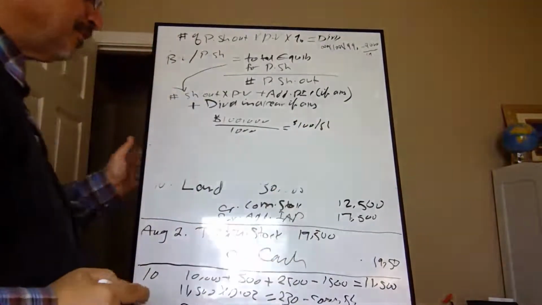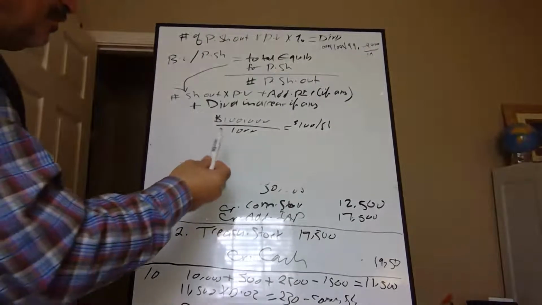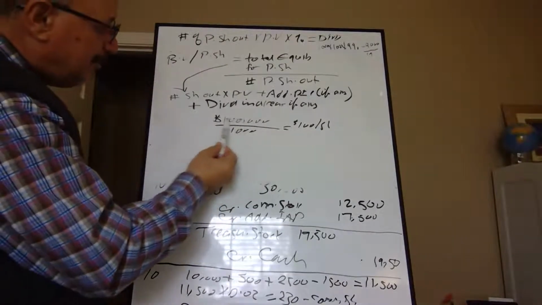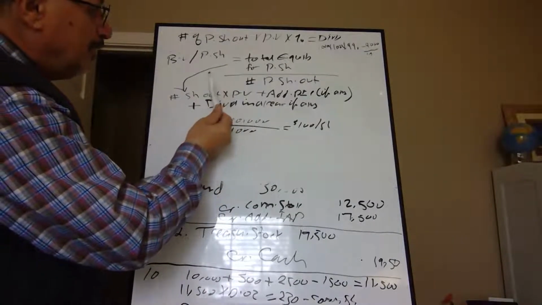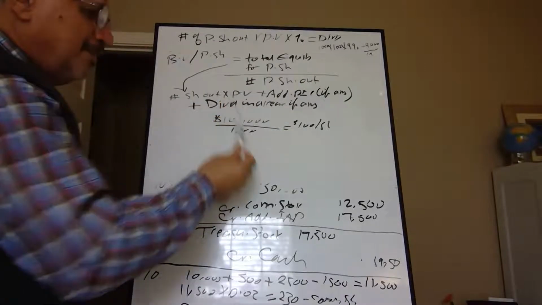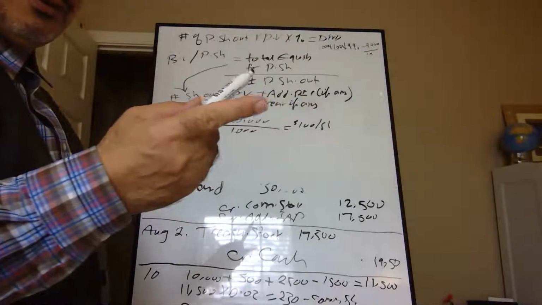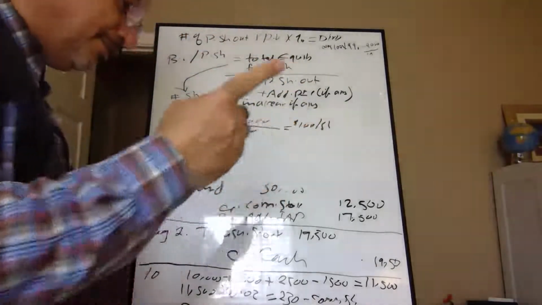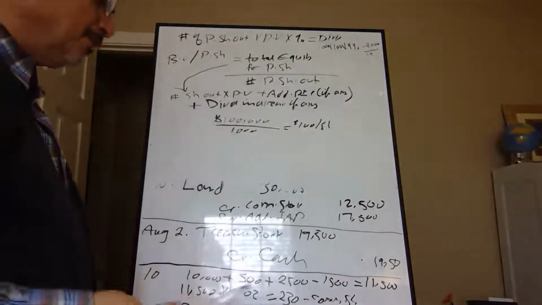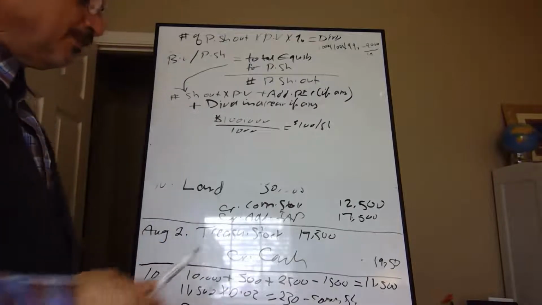That's for the preferred stock. So again, the denominator is the total equity. In this case, the preferred share will have only one equity. They don't have additional capital. It's just the par value. Okay, once we figure that out,